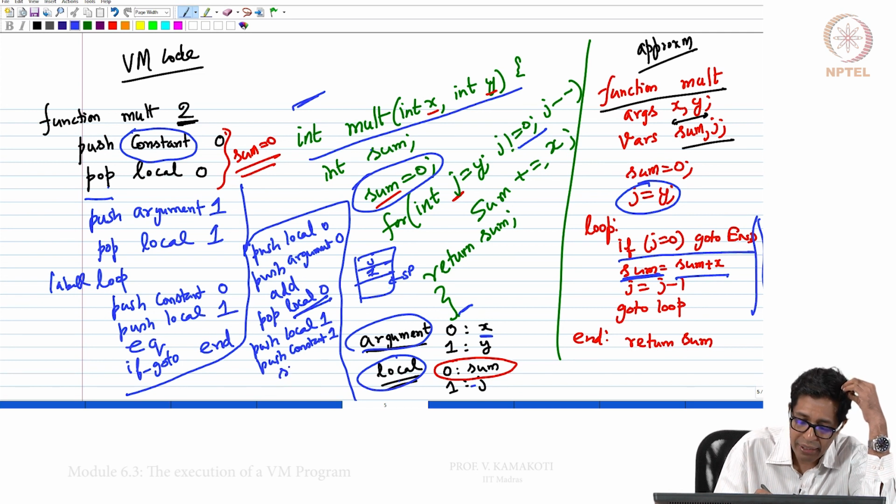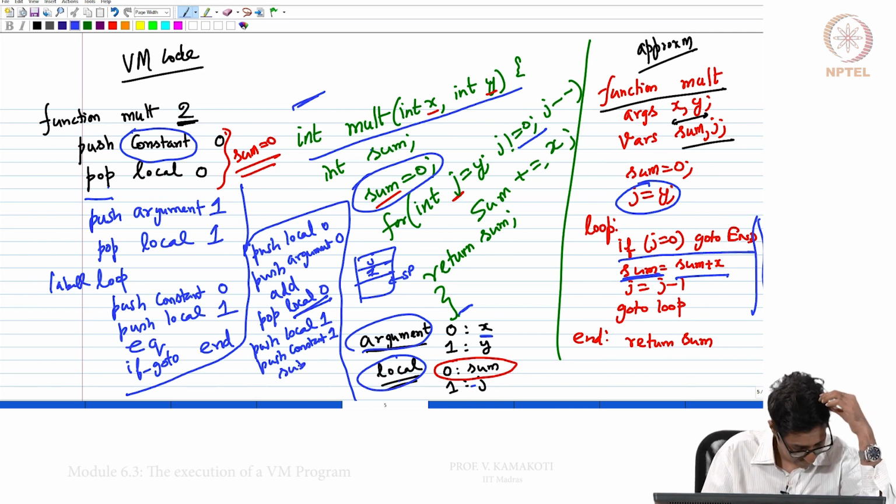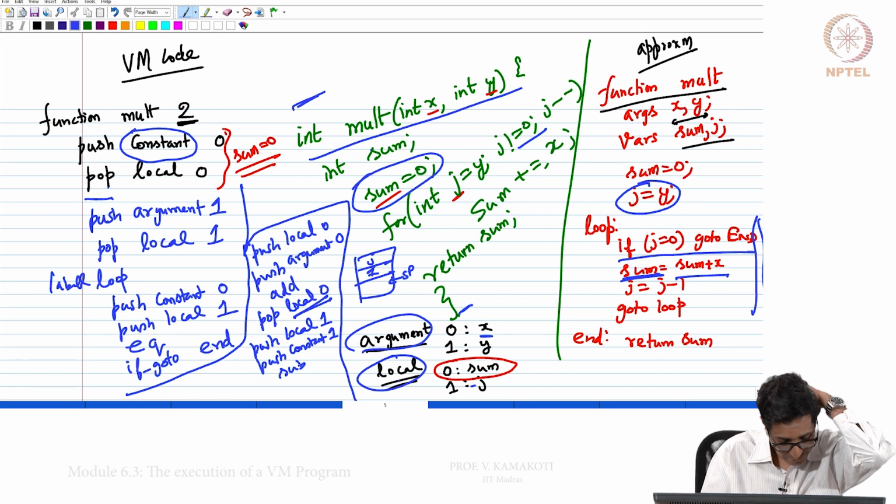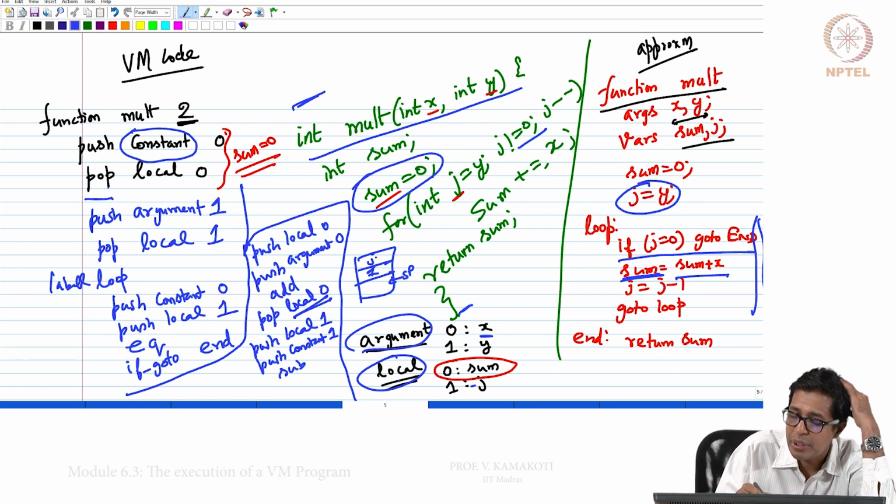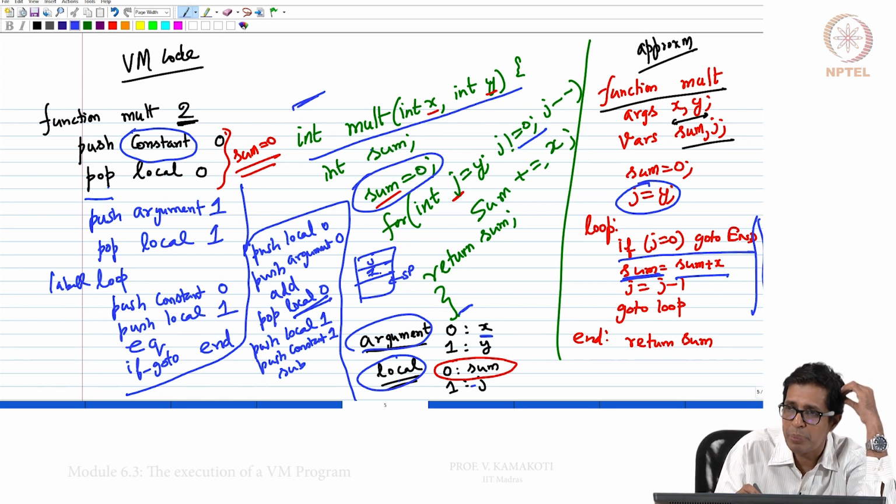Now I say subtract. Now when I say subtract, it is x minus y, right? So x is j, y is 1. So I am doing j minus 1 here, and this we need to store.